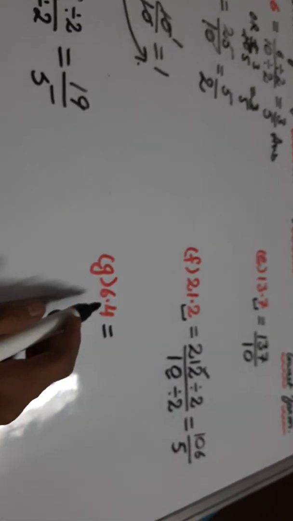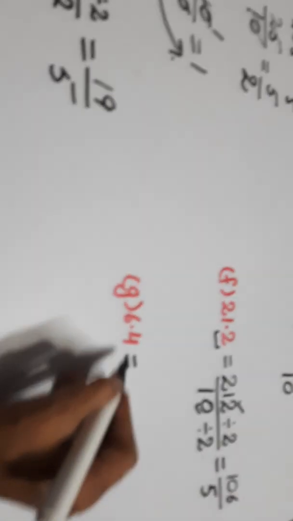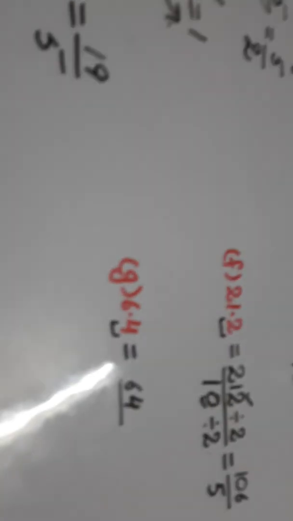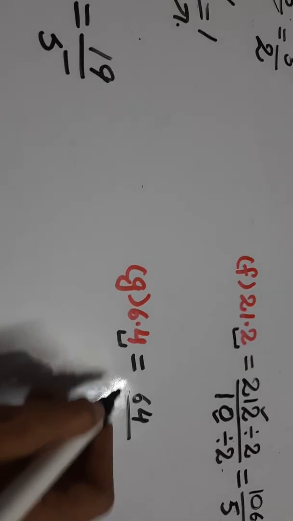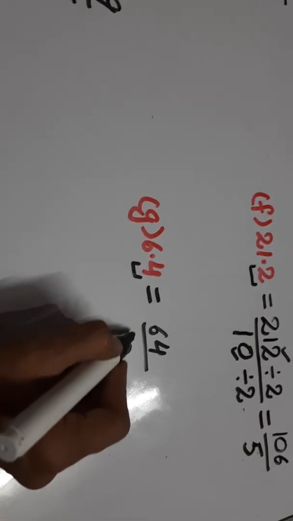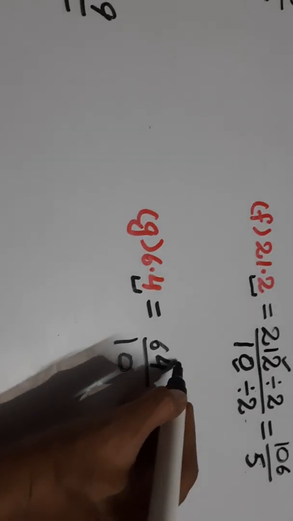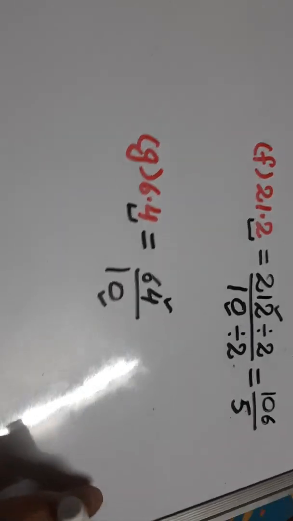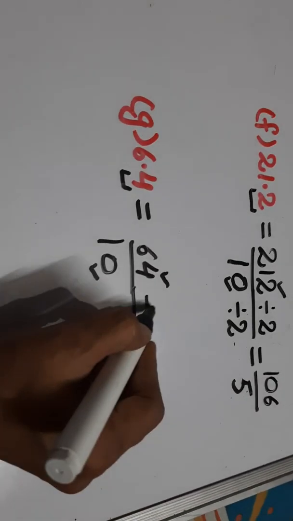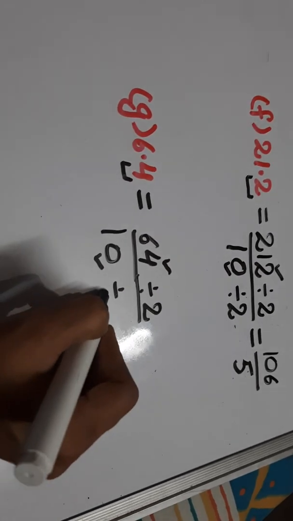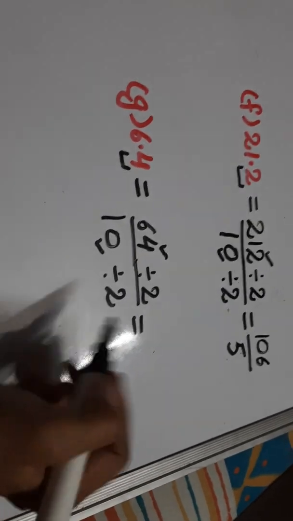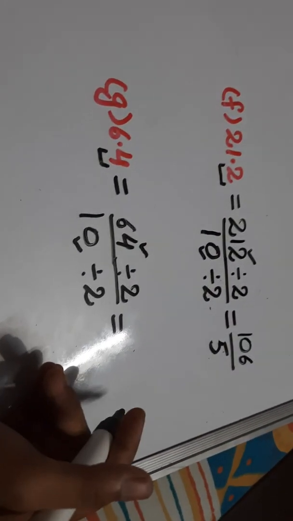Now 6.4. So first step, what is the first step? Remove the decimal. So number becomes 6.4 becomes 64 divided by. Now again single digit is there after the decimal. So if single digit is there, so we'll take 1 0, that means 1. Now its ones digit is 4, its one digit is 0. Both are even numbers. So again we can divide them by 2 to reduce. I told you to reduce anything, division must be done. छोटा करने के लिए divide किया जाता है.